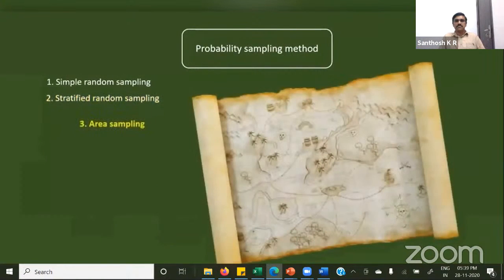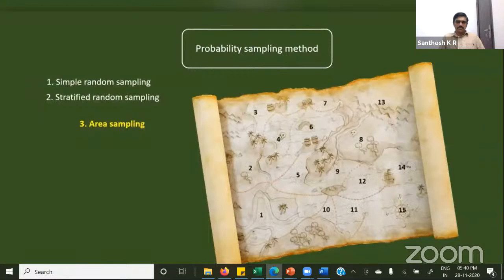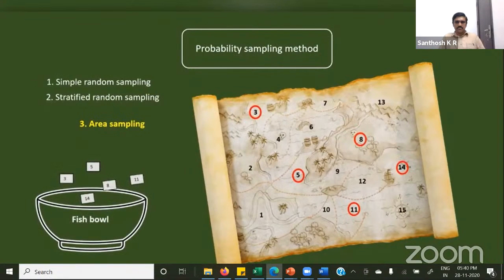In area sampling method, we will choose the areas and all the members in the chosen area will become a part of the sample. For instance, while conducting the research on the political socialization among the citizens between the age of 45 and 55 in a Gram Panchayat with 15 wards, we may randomly choose 5 wards. All the citizens aged between 45 and 55 in these wards will be chosen to the sample.